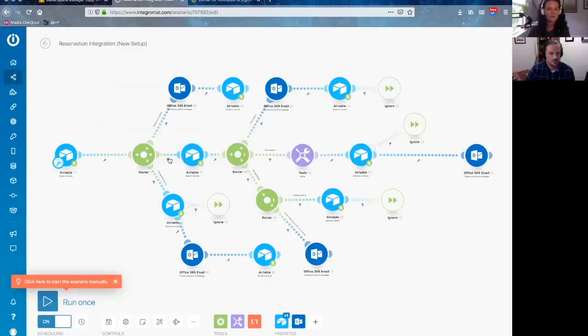Based off of different criteria, these filters here, each reservation, this is the trigger right here, and each reservation goes a different route. So if somebody is changing their reservation from the email, it's going to go this way. If they've canceled it from the email, it's going to go this way. If it's a double booking, it's going to go this way. And if it's a good booking and everything checks out, it just goes right on through